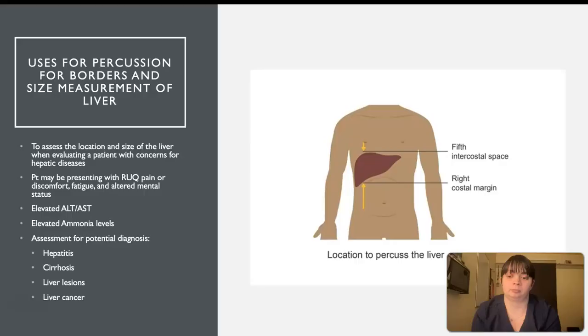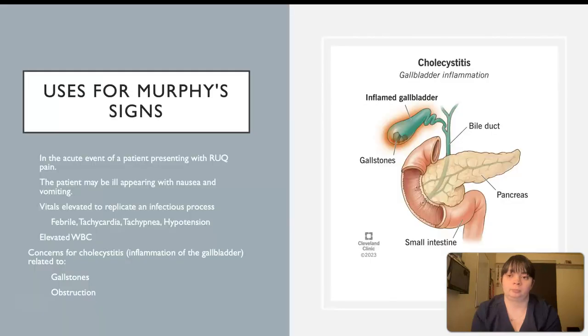And for my next, the next advanced assessment skill that I will be doing is the Murphy's sign. This will be used in the acute event that a patient is presenting with right upper quadrant pain. Our patient may be ill appearing, having nausea, vomiting, as well as a lot of pain in that right upper